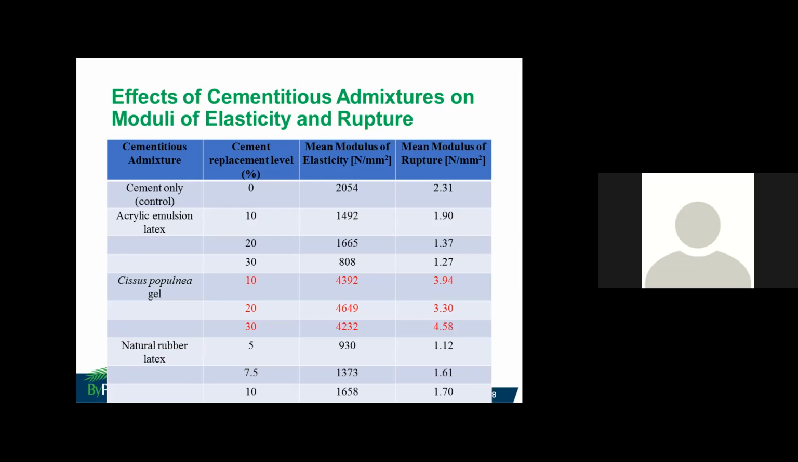Now, if you also look at the modulus of rupture, usually depending on the application, some standards will say anything about 4 to 4.5 newtons per millimeter square is okay. Some will say 9 newtons per millimeter square is okay. But all of them, the values we obtained were lower than 9 newtons per millimeter squared. But the samples containing Cissus populnea gel had